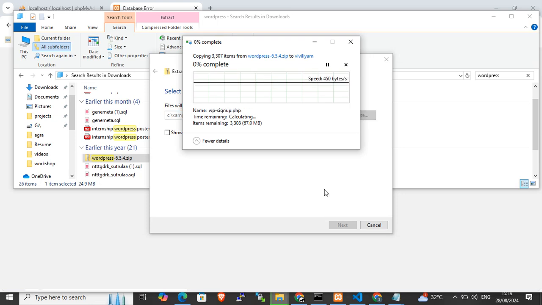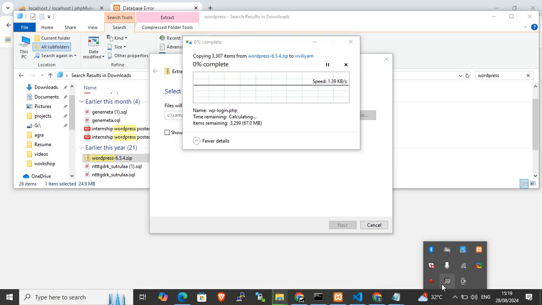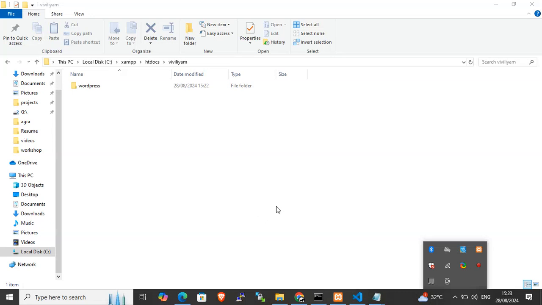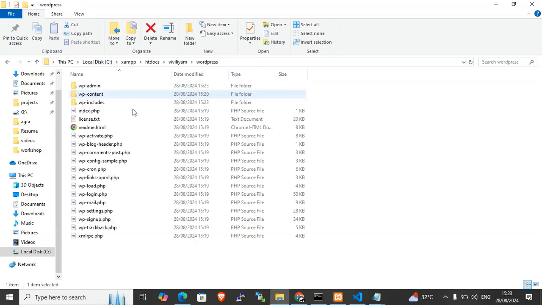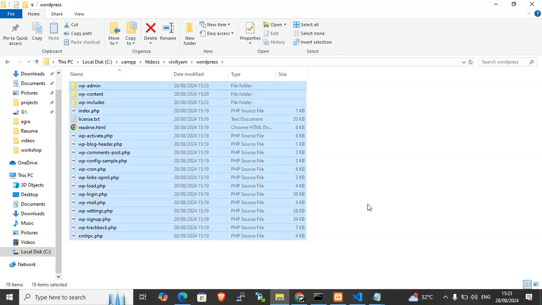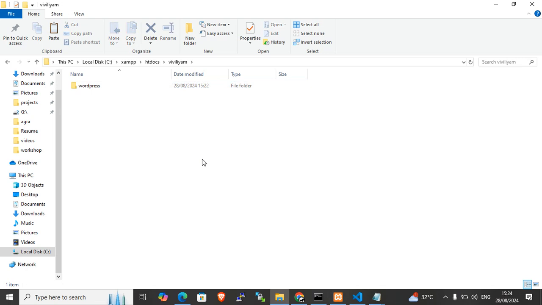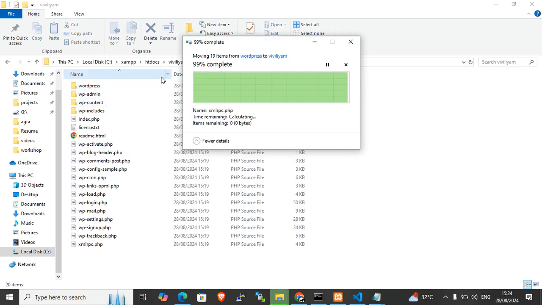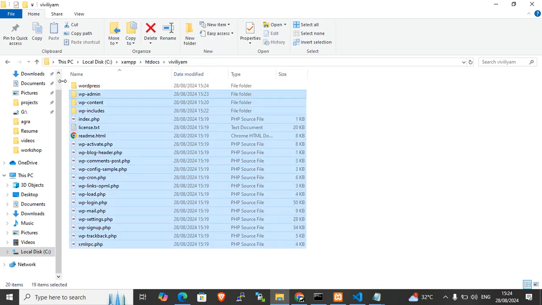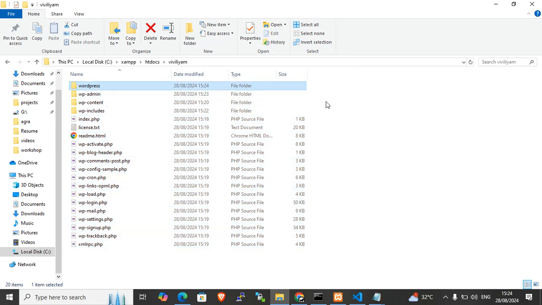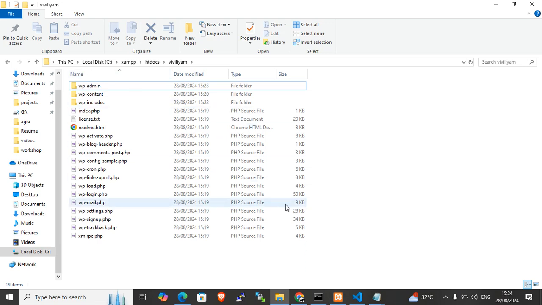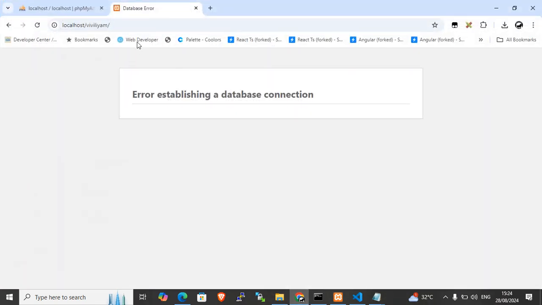It's getting extracted. Let's wait for it. Okay, it got extracted. So here all the files are here. Let's go Control X and move everything to the top folder. So whenever I access backslash Pavilion, I will get the WordPress files. Let's delete that WordPress folder here. Let's go here and then give